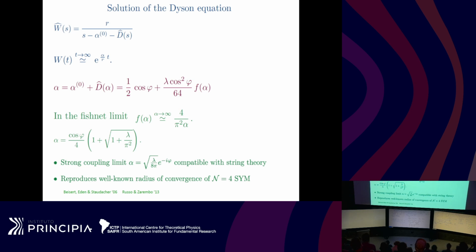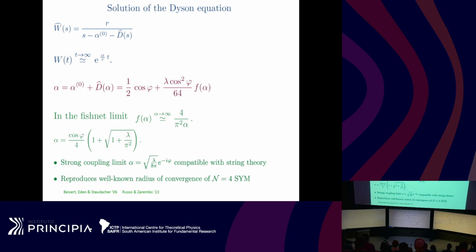And if we do that, we end up with this expression here for our exponent in the exponential behavior of the Wilson loop, which has many nice features. So first of all, you see it has the correct strong coupling behavior. It behaves as square root lambda when lambda goes to infinity.